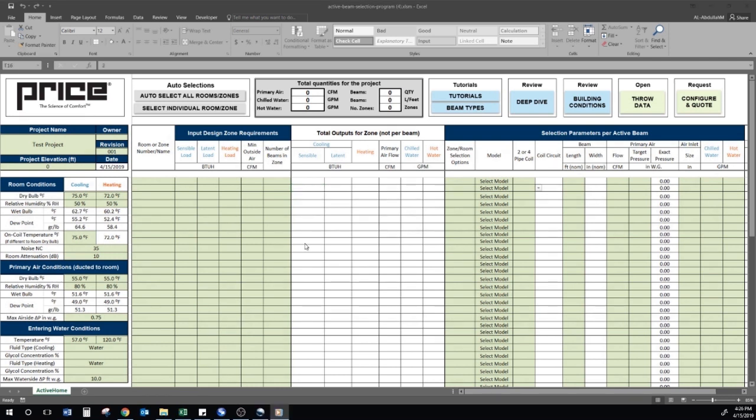In the top left, we have project details such as name, owner, and project elevation. Underneath, we have our global, room, air, and water conditions. Other features in the program include auto selections, which I will demonstrate. The program also keeps the project totals tallied, such as your total CFM, total GPM, total chilled beams, and total length of beams. This feature is helpful for keeping track of the project totals, as well as comparing different selections